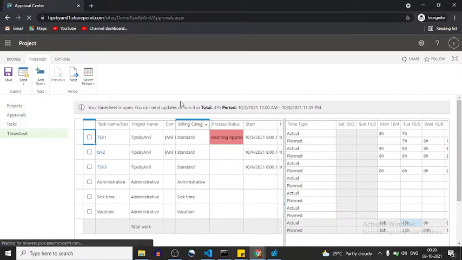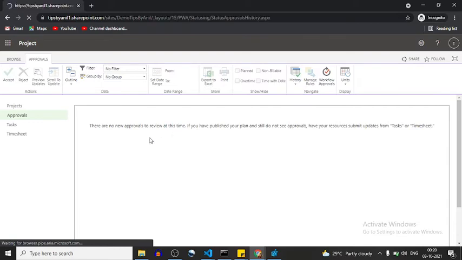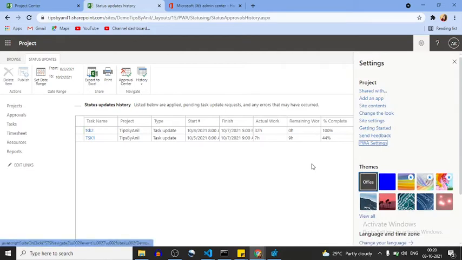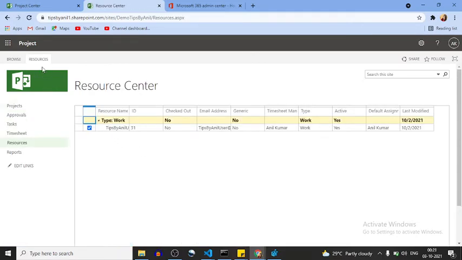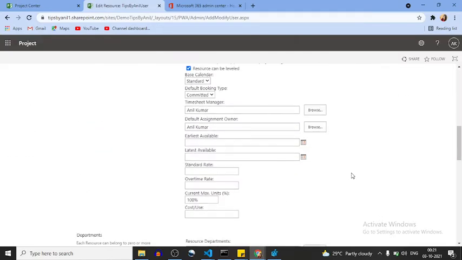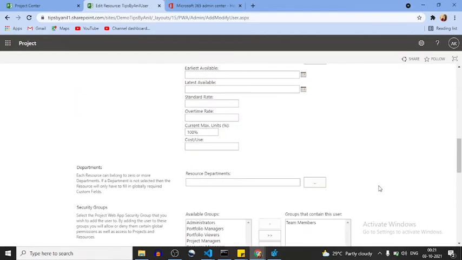Okay, let me check that. Because guys, what we did before that, here the user was, what happened actually, I will let you know. Default assignment, and you can see here was Anil Kumar. But here we did it correct.